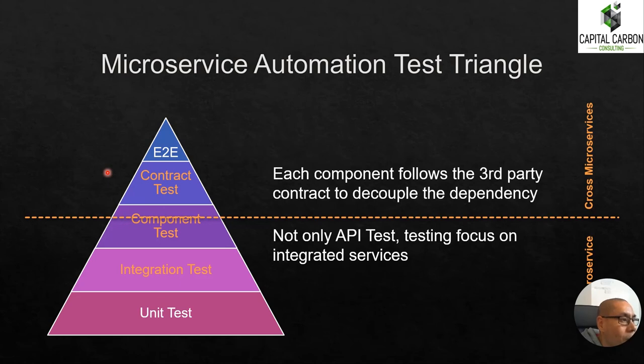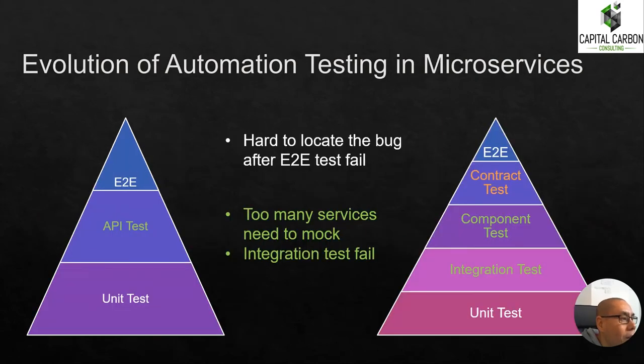In this way, we make the third-party platform a centralized platform. With a centralized platform, there will not be too much communication between the microservices. That will make the whole structure simple. A well-known third-party platform for contract testing is Swagger. Okay, we can see that by changing the testing pyramid from 3 layers to 5 layers, one problem is fixed. The problem was that too many services need mocks, and we use the contract test layer to solve that.